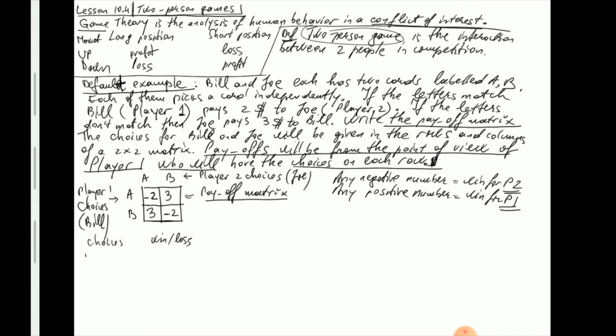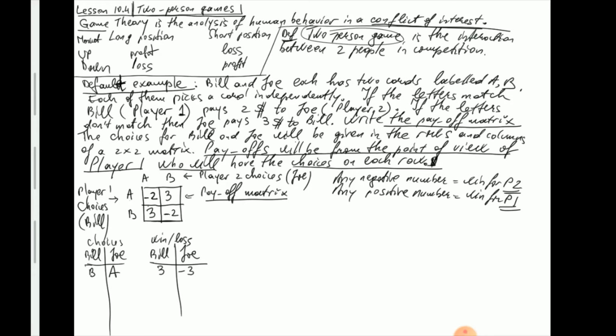So you have Bill, Joe, Bill, Joe. And let's say, for example, in the first instance of the game, Bill and Joe pick B and A. They do not match, so that means Bill gets $3 from Joe,